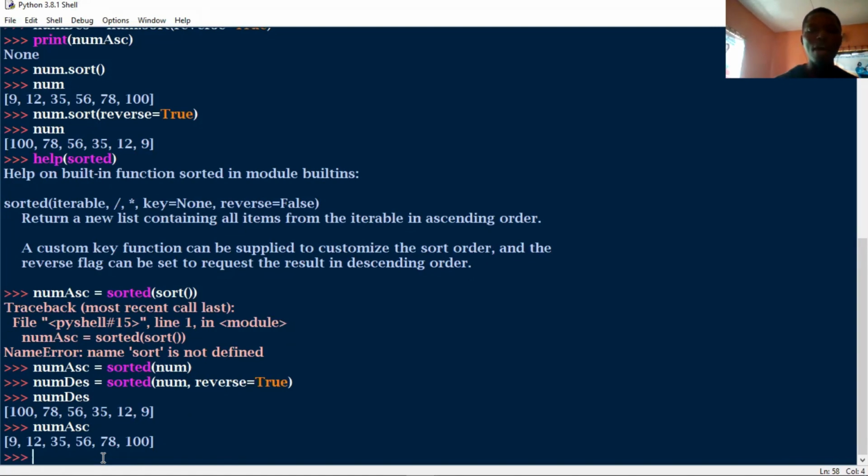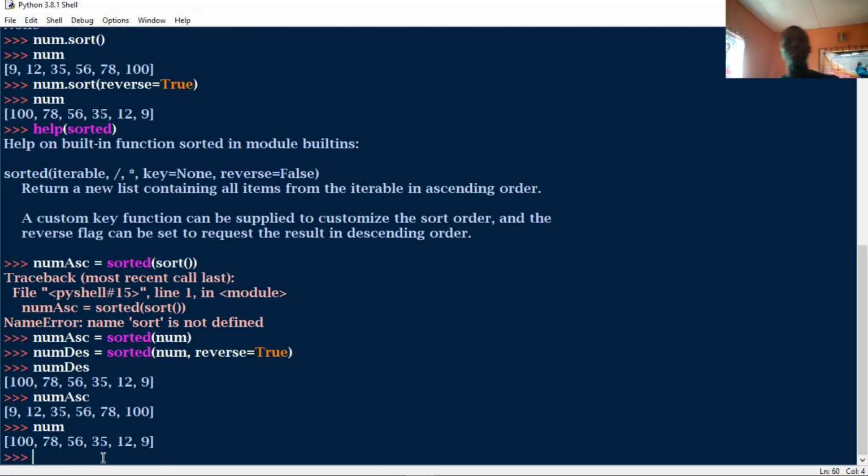Now, we have this as an array, num as an array, good. Then to make use of the split method, I can do,